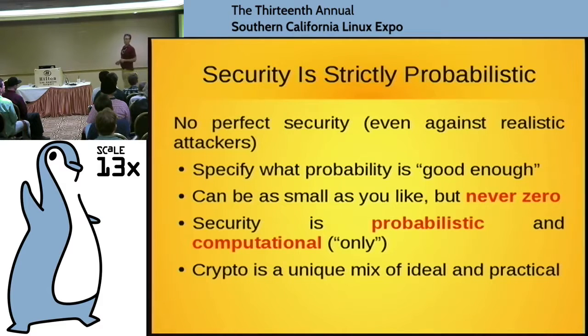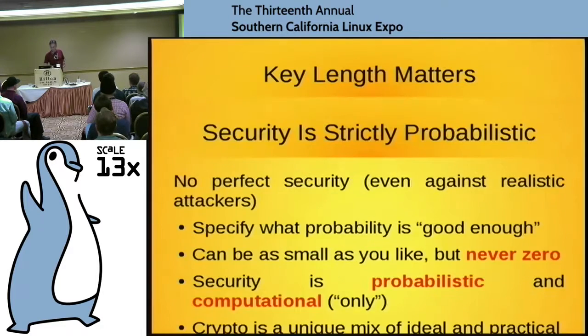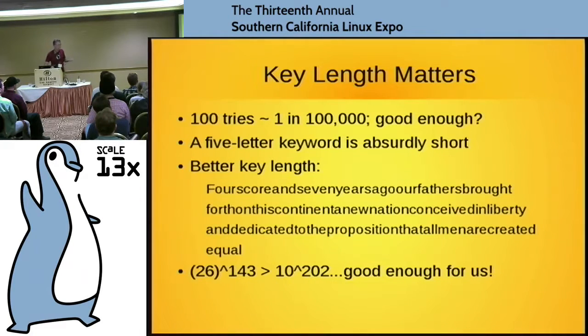And the other thing is, it's kind of an interesting thing. Cryptography is kind of an odd mix of very pure, very theoretical math and very practical considerations. And I kind of find that interesting. So how good is good enough? Well, if we knew it was a 5-character keyword, maybe I can stick around for 100 tries. Probably not, but maybe I can. So maybe my odds of breaking it are 1 in 100,000. Is that good enough? Well, cryptography can't tell you. You tell me. Is it good enough? But actually, it's much worse than that for the attacker, because 5 characters is ridiculous, okay?